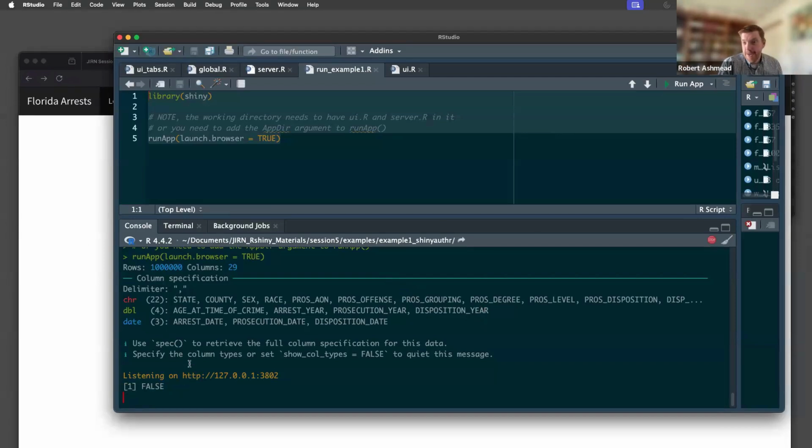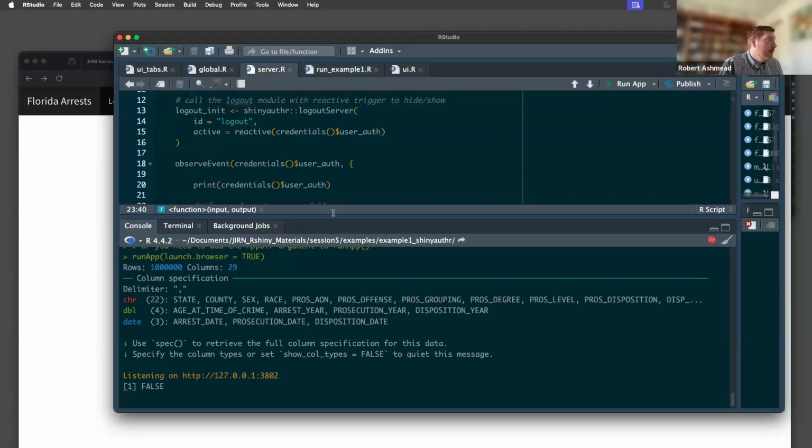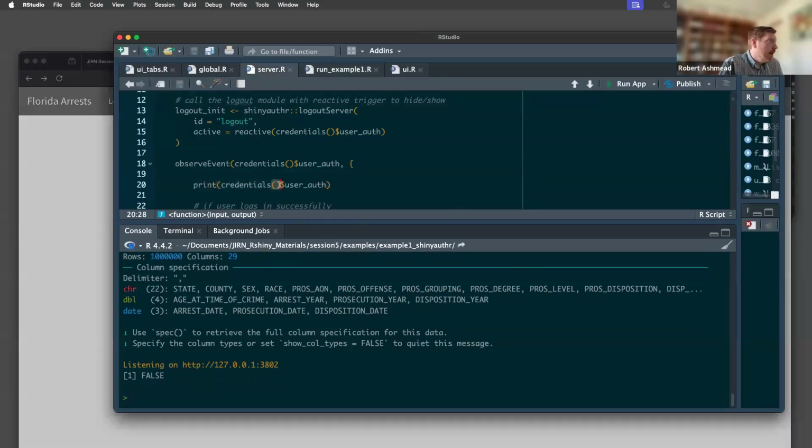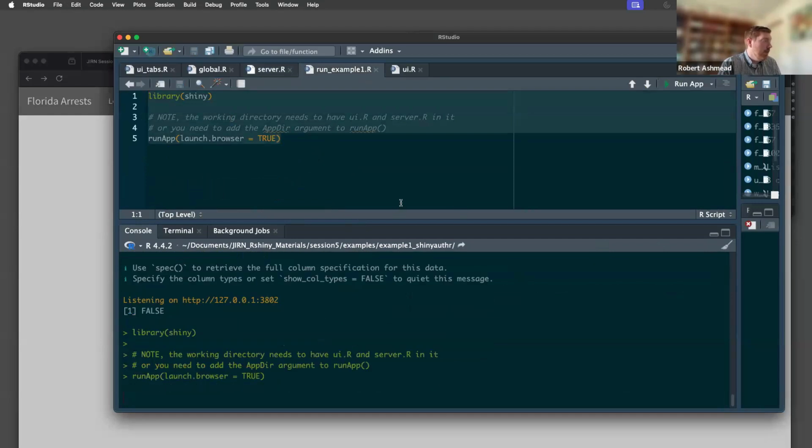That's the credentials auth. Actually, I'm going to stop this. I want to print this whole credentials object as well. The user auth is just the true/false, which we talked about, that you're authenticated. But if we wanted to see the full thing,